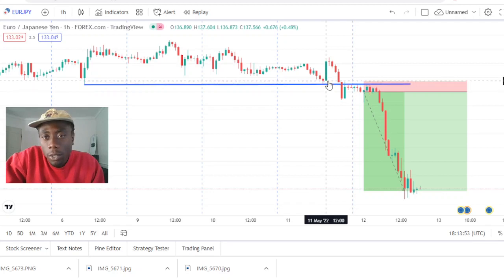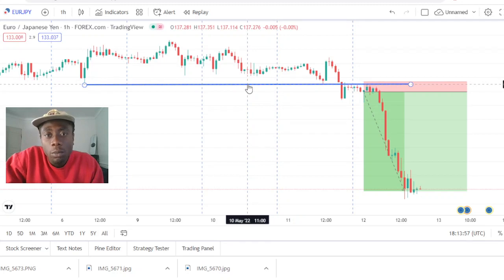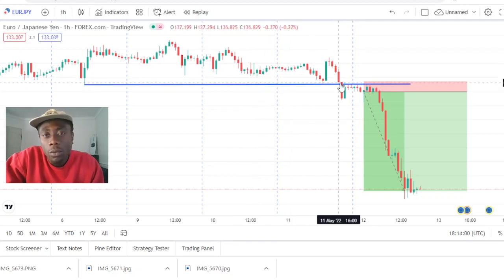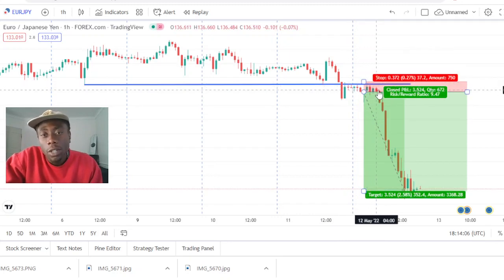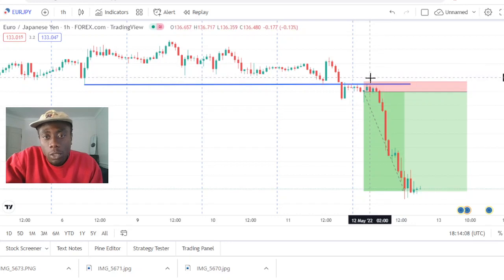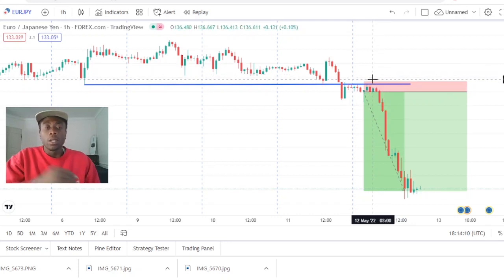You also see my stop loss here, and you also see this one blue line that was a support line that was actually broken with some considerable momentum and then acted as a resistance towards the upside. And that's what I actually took my trade based on. I put my stop just above that line right there, and as you could tell, price went on a nice swing towards the downside